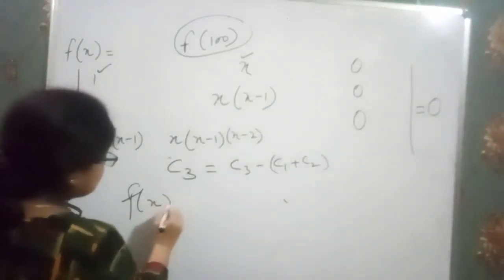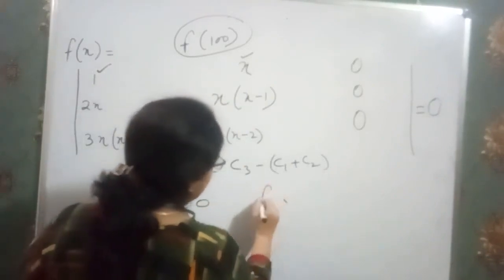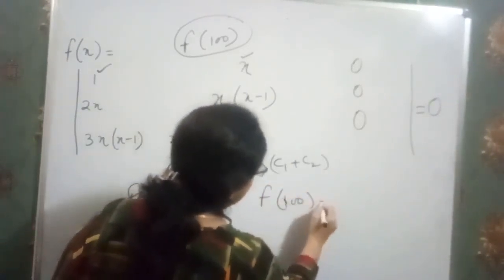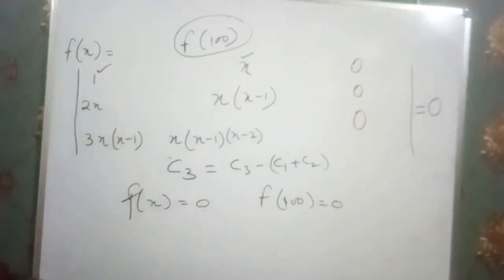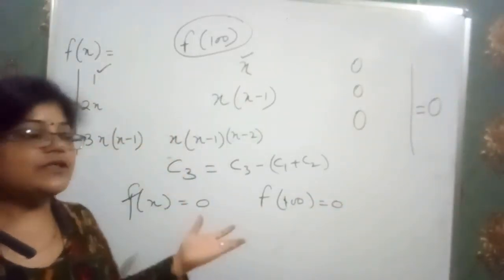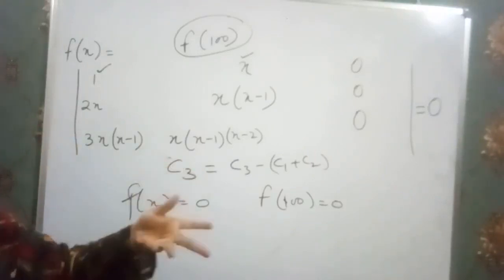So whenever these types of determinants are given, just check them, because they are generally very tricky, and you ultimately get the answer without doing anything. Now I am going to another question.